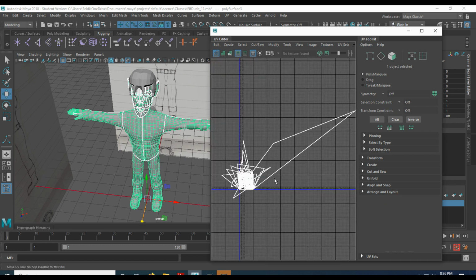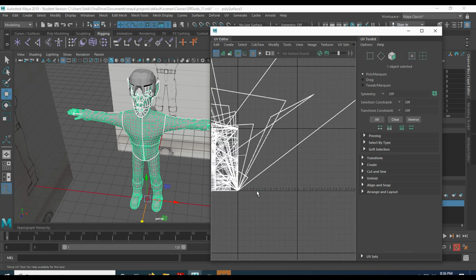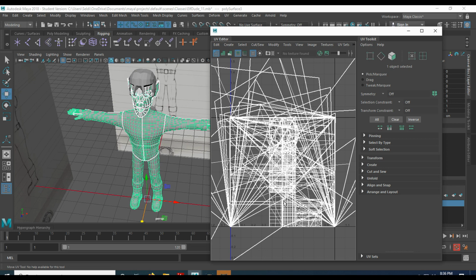So now if you look into this window, you'll end up seeing the UVs of our model. Check this out. That is atrocious. We have no idea what any of this gobbledygook is, right? So every time you create a polygon or a face or whatever, the UVs kind of get thrown into here and they're kind of wherever in space. So what we want to do is cut our model up into sizable chunks that make sense to the texture